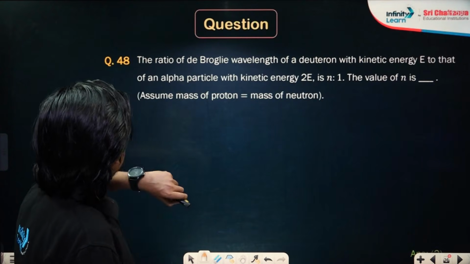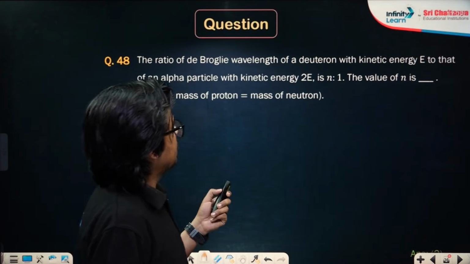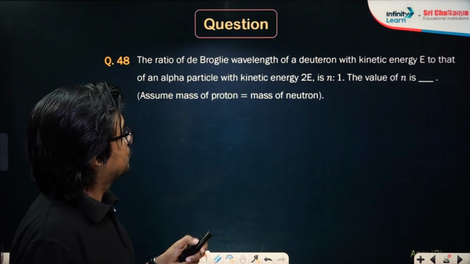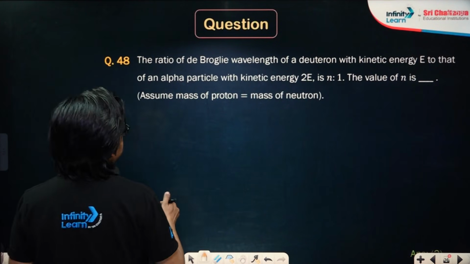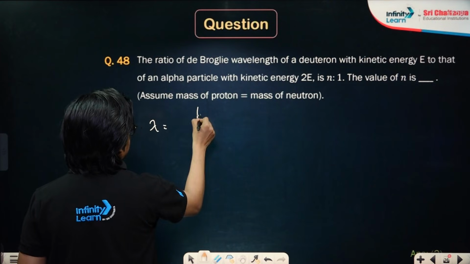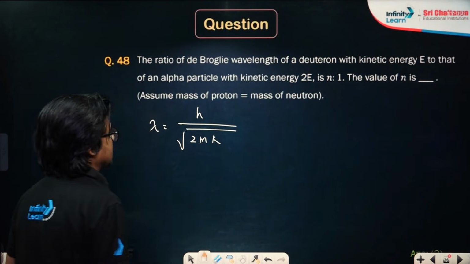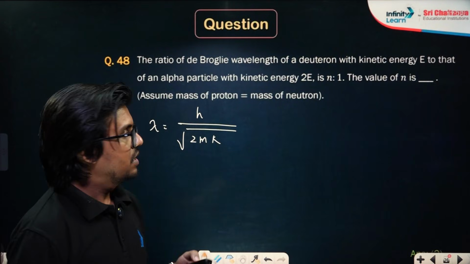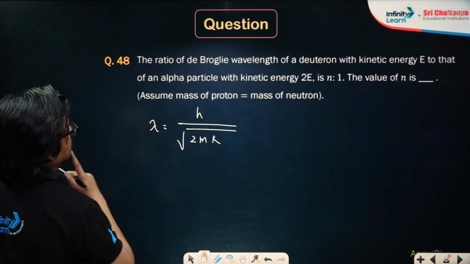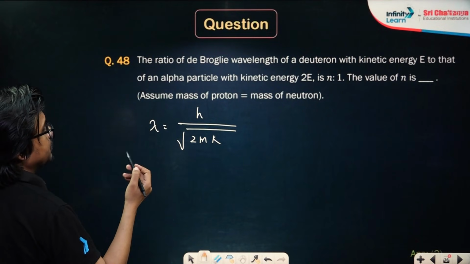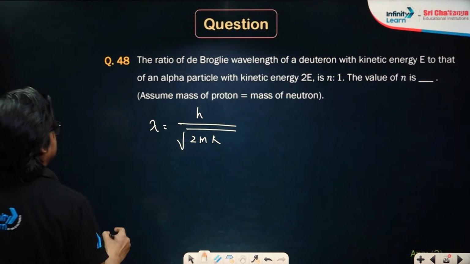Next one: the ratio of the de Broglie wavelength of a deuteron with kinetic energy E to that of an alpha particle with kinetic energy 2E is n to 1. The value of n is? So you can write the de Broglie wavelength is h divided by square root of 2mK, where K is the kinetic energy and m is the mass. If you write the ratio of the de Broglie wavelength of the deuteron to that of an alpha particle,